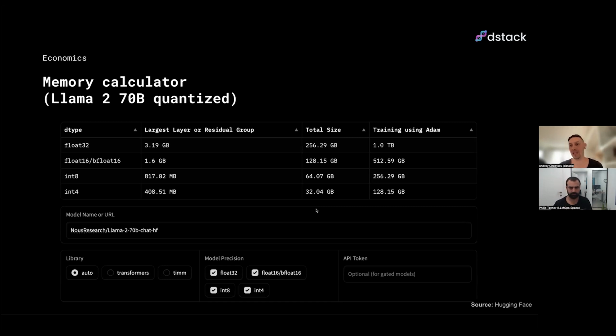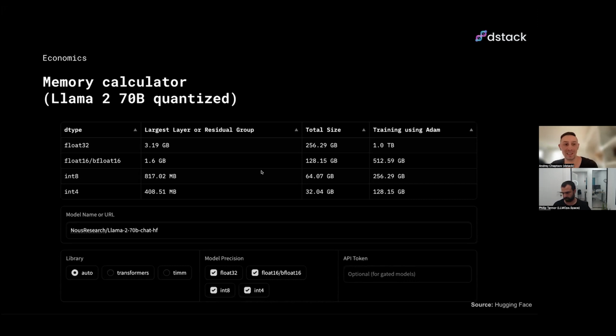So we've just talked about the cost and latency and the quantization technique, and here we can see how quantization actually affects the memory requirements. Originally you would need 256 gigabytes of memory for serving Llama 2. If you are using, for example, int 8 precision, it would drop to 64, which means you can use just one VM with one GPU, an A100, for example.